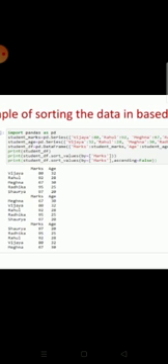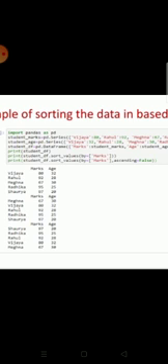So let's see. Shaurya, Radhika, Rahul, Vijay, Meghna. Marks are now in descending order: 97, 95, 92, 80, 67. And age will also be arranged automatically.